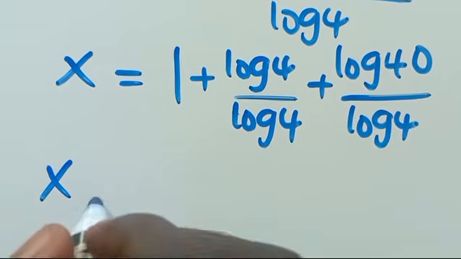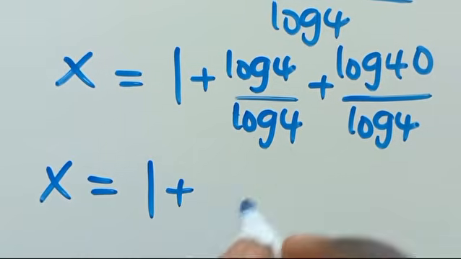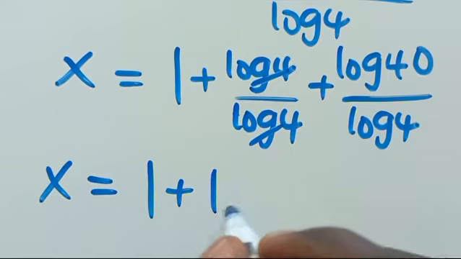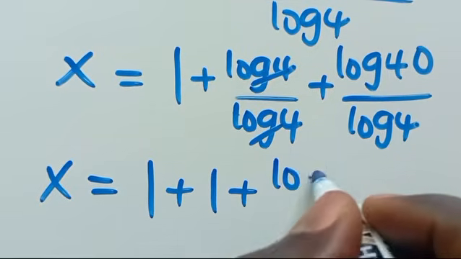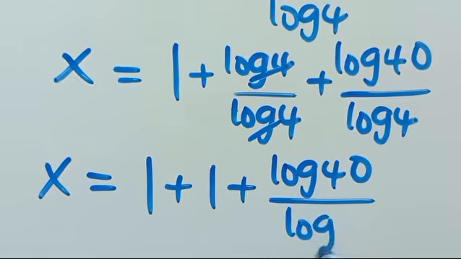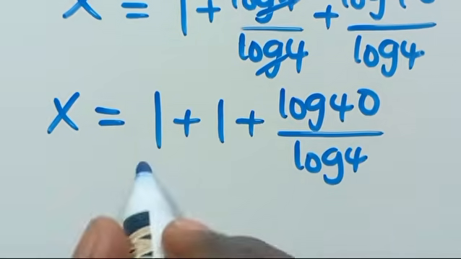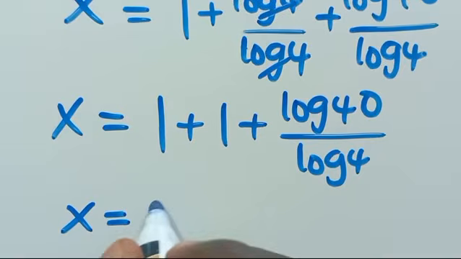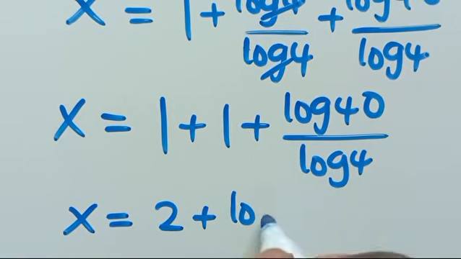So we have x equals 1 plus this divided by this will be 1 plus log 40 over log 4. 1 plus 1 will give us 2. x will be 2 plus log